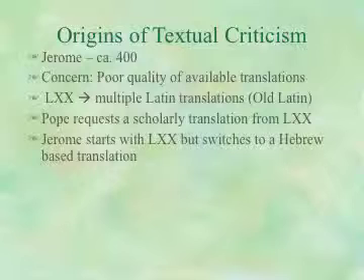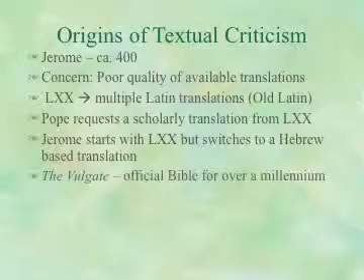And so Jerome decided that what really needed to happen was not to make a Latin translation from the Greek translation, which amounts to a translation of a translation, but instead to get back to the original Hebrew. So Jerome learns Hebrew, and his translation of the Old Testament and also the New Testament